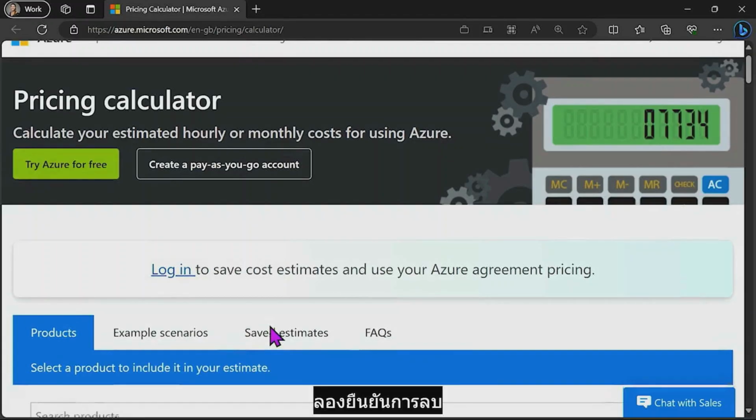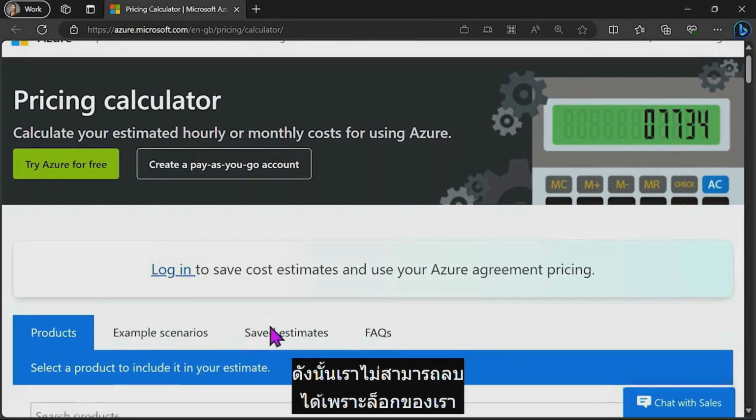Let's try. Confirm delete. And here we have: failed to delete storage account because we have a lock. Please remove the lock and try again. So we can't delete because of our lock. And again, if we come back and delete our lock, and we try to delete, let's refresh to